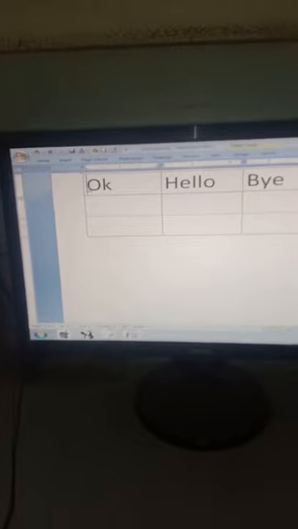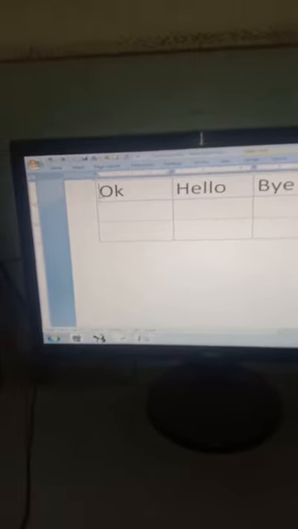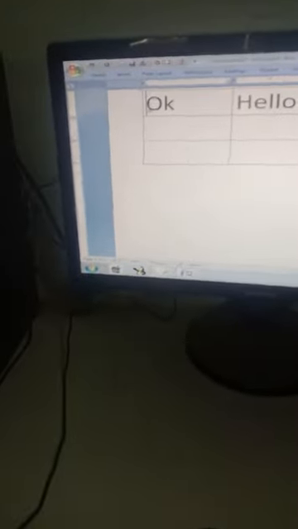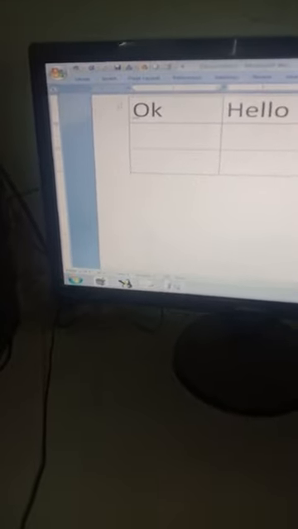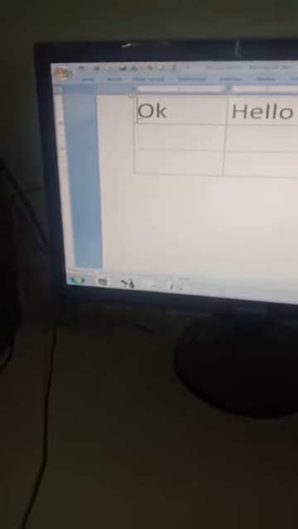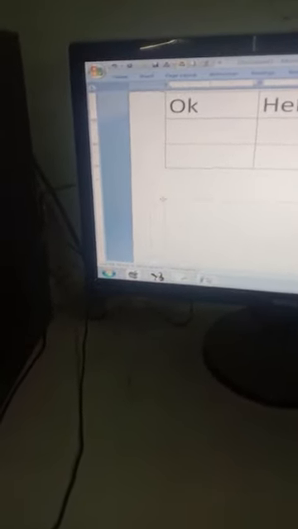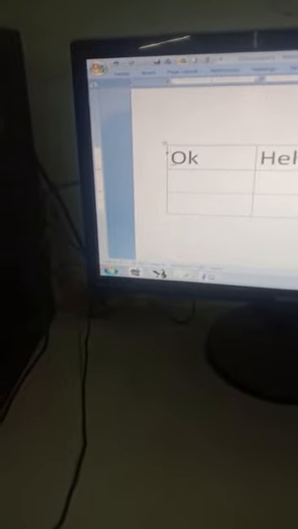Now the next topic that we are going to discuss is moving the table. How to move the table? In order to move the table, bring the cursor to the plus sign over here and you can drag the table wherever you want. Like suppose I have dragged it over here. Look, the table came over here.